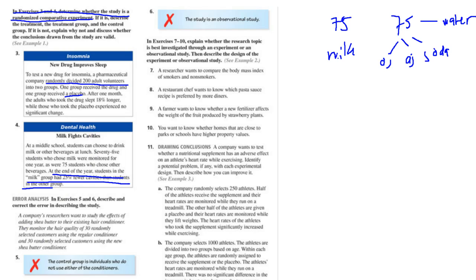Okay, next, numbers 5 and 6 in the exercise. Describe and correct the error. The company's researchers want to study the effect of adding shea butter to a hair conditioner. They monitor the hair quality of 30 randomly selected customers using the regular conditioner and 30 randomly selected customers using the new shea butter conditioner. Control group: individuals who do not use either of the containers. That's wrong. That's not right. And there's only two groups in here, so the correct answer would obviously be the 30 customers who use the regular conditioner,